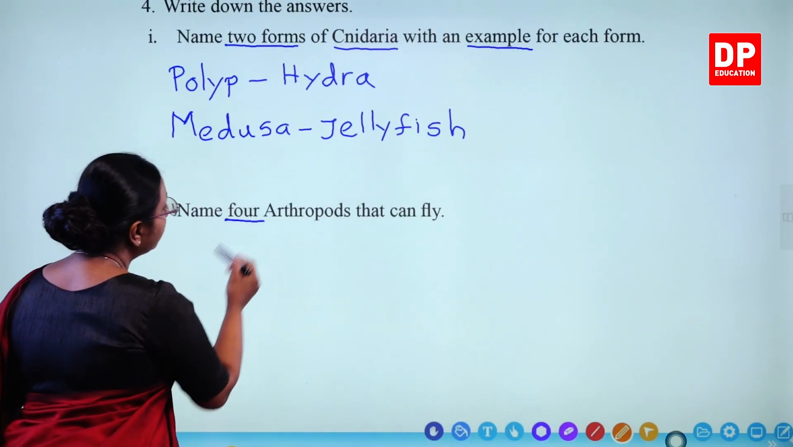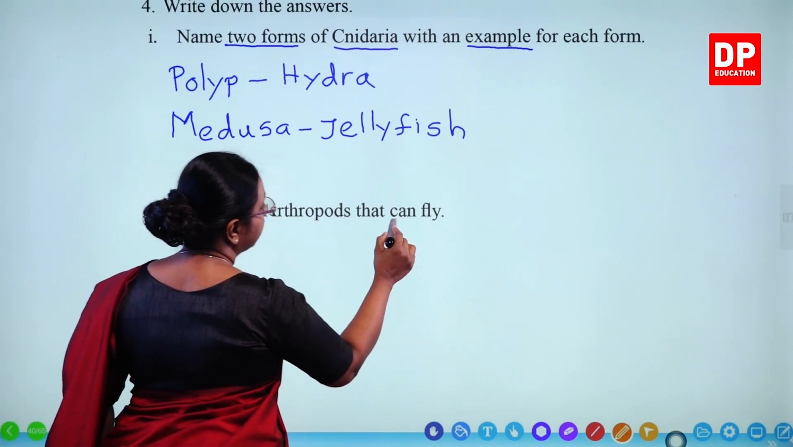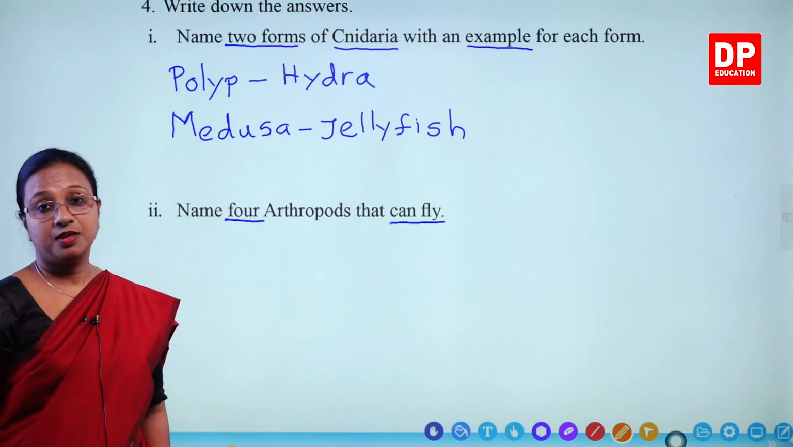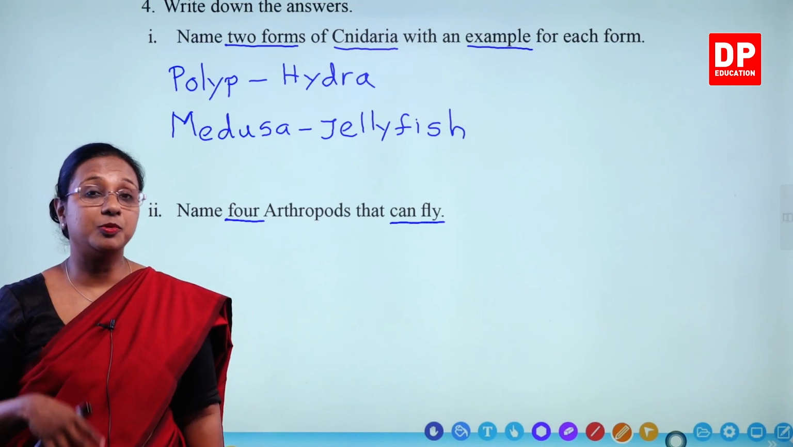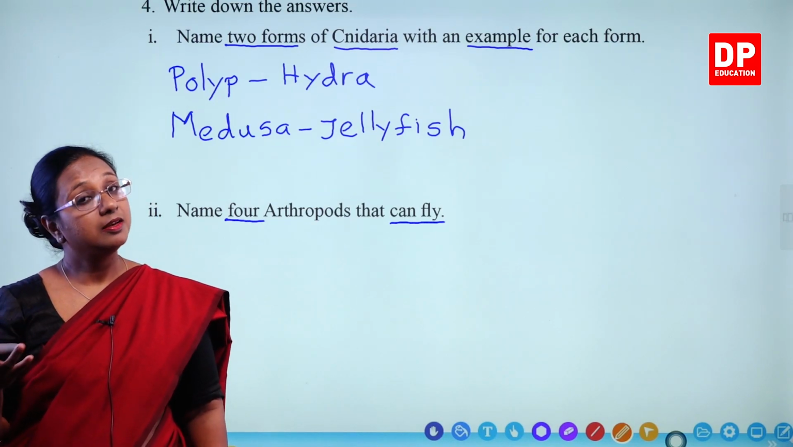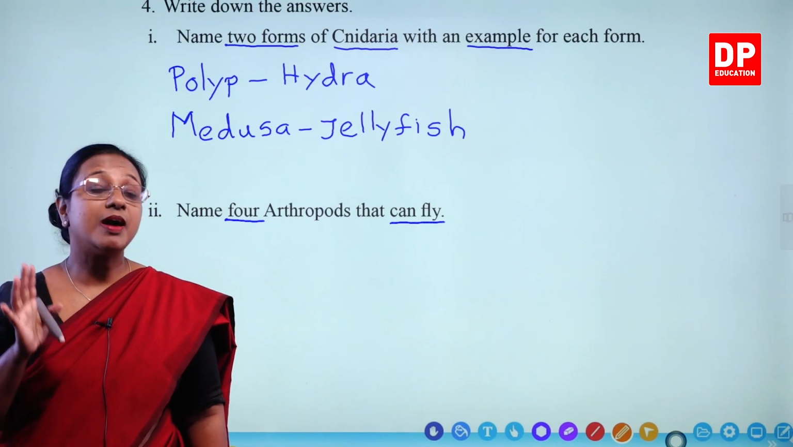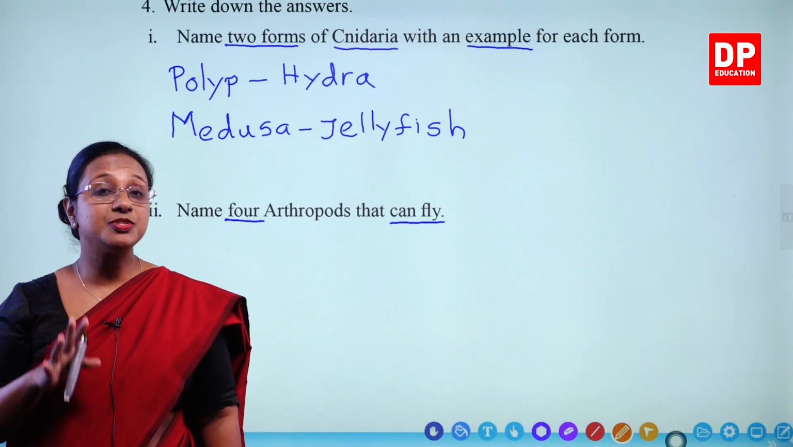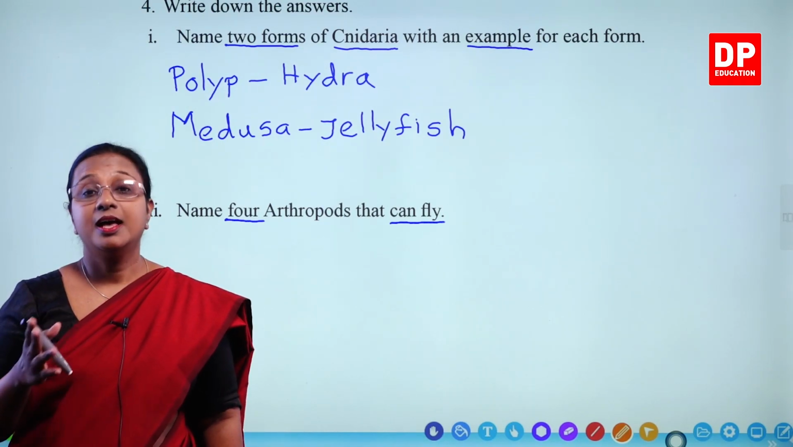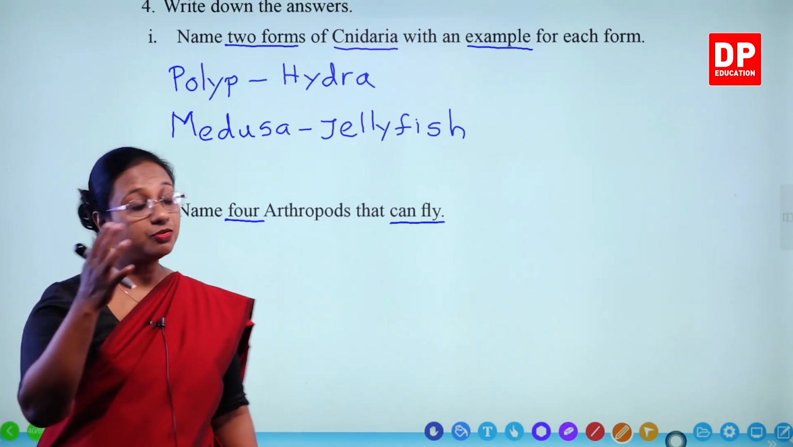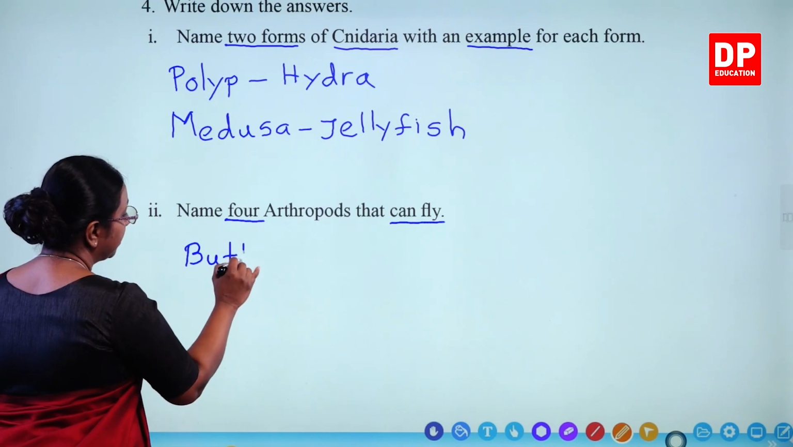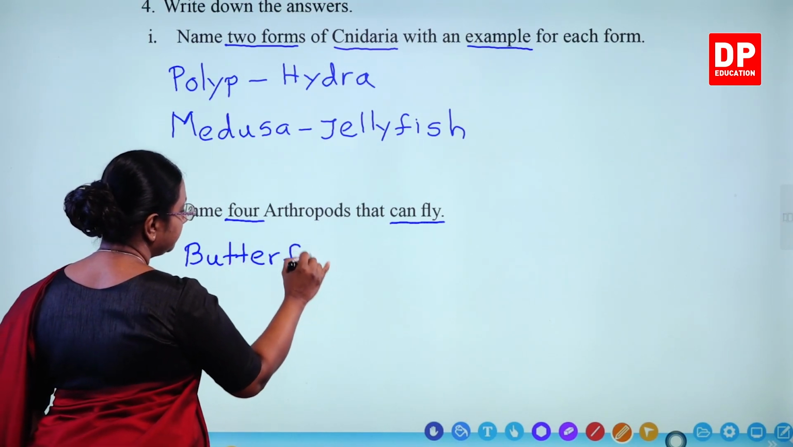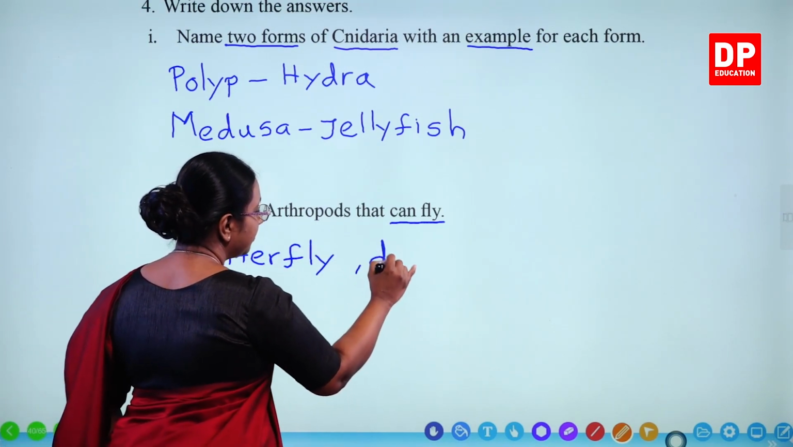Name 4 arthropods that can fly. So you don't just write the arthropods, you have to write the arthropods that can fly. Can you think of the arthropods? What is the name given to the arthropods that can fly? They are insects. So what are the insects? We can write butterfly, dragonfly,